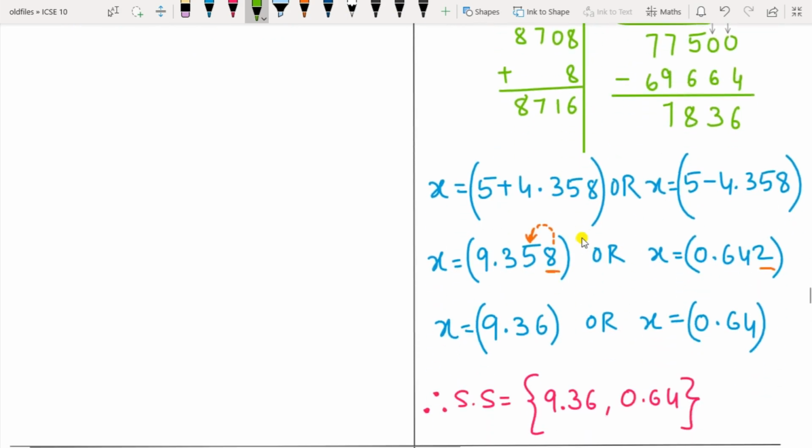Okay. Now in the above value you have to substitute for root of 19 as 4.358 plus 5, and this is 5 minus 4.358. So this total becomes 9.358 and this subtraction becomes 0.642. Okay. Now the third digit you have to do it correct up to 2 decimal places. So you have to see the third decimal. If it is 5 or above 5, you have to add 1 to the previous number. So this becomes your answer 9.36. And as this is less than 5, so you have to keep the previous number as it is. So this is 0.64. So these are the 2 roots of the given equation, correct to 2 decimal places.